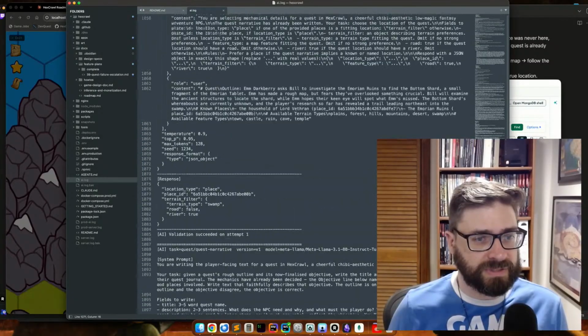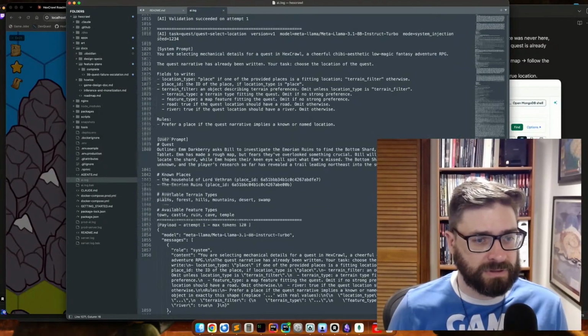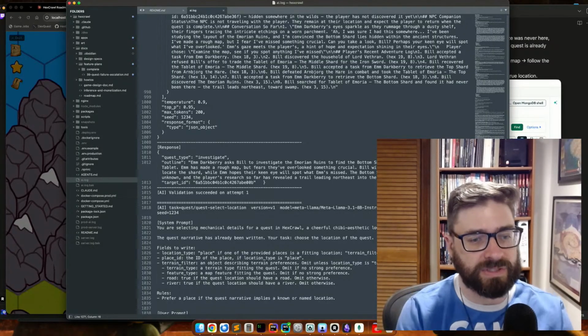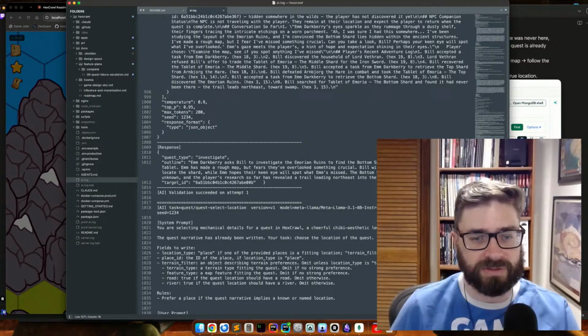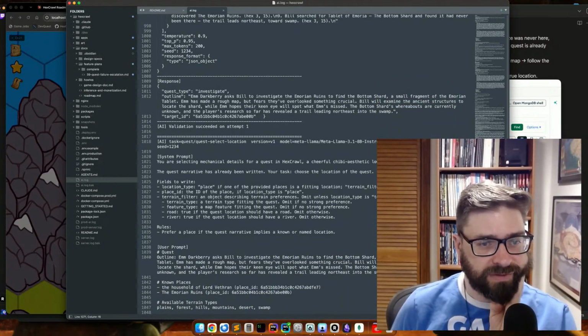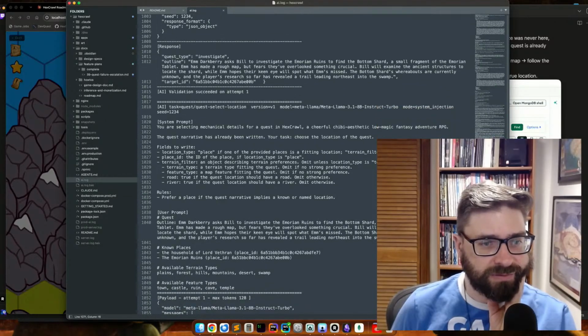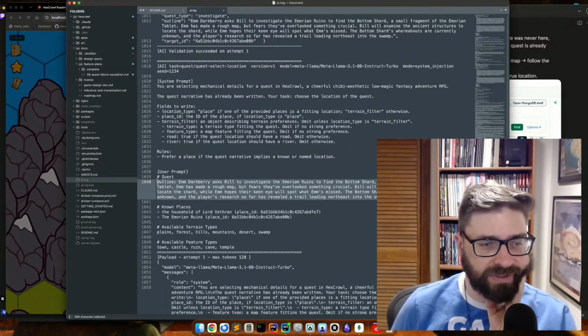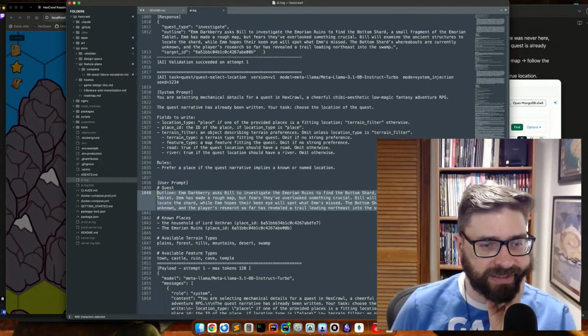This is quest narrative. This is quest select location. You're selecting mechanical details for a quest in a hex crawl. Okay, what happened? The quest narrative has already been written. Your task: choose the location of the quest. Yeah, no. So we've leaked context. We've leaked bad context here.